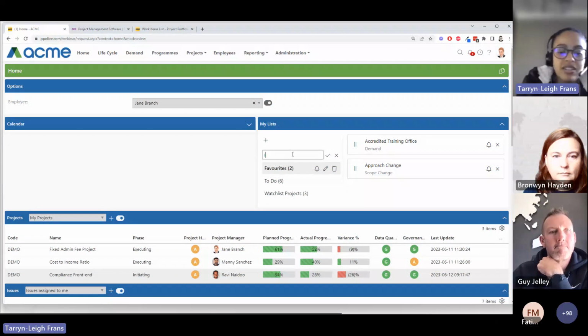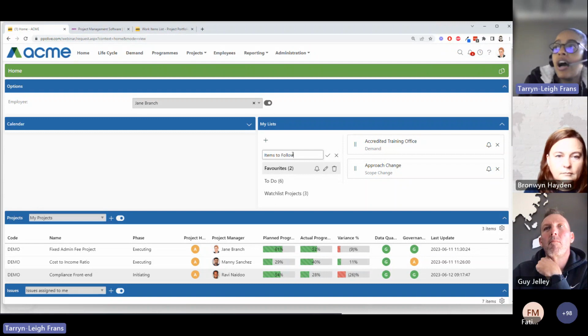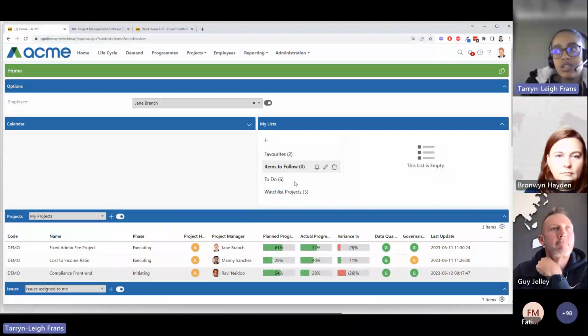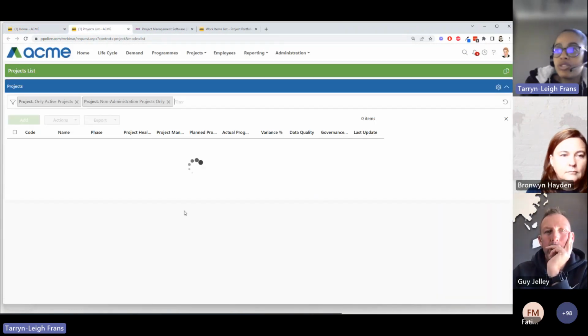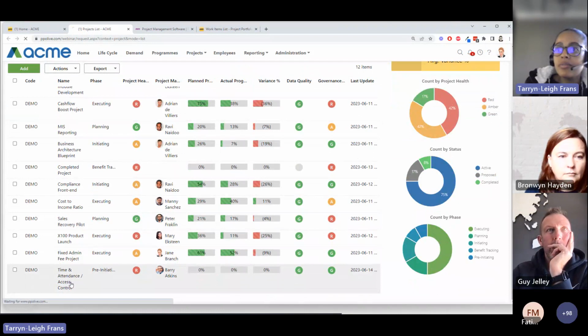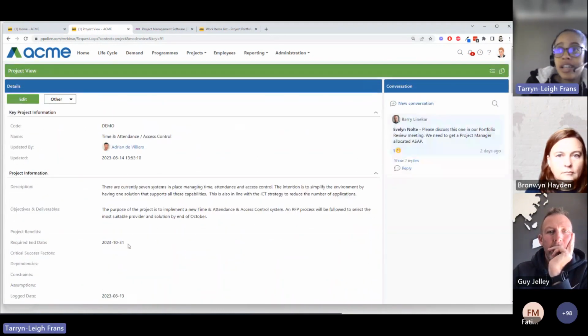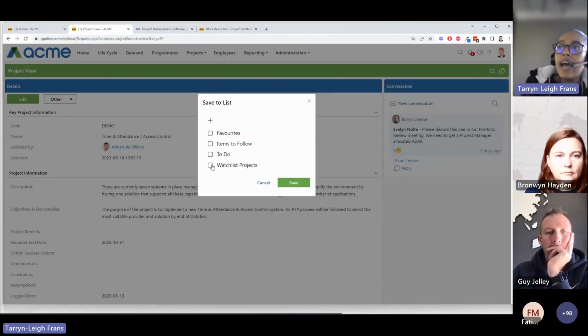So I'm going to add an item for items to follow. I know that there's a new demand item that was approved as a project. So I've added the list, I've given it a title. That project is a time and attendance project that was approved as a demand item, and I want to add this to my list. So I can quickly navigate to that project. You'll see there's a new icon, add to list, and I'm putting it in my items to follow,